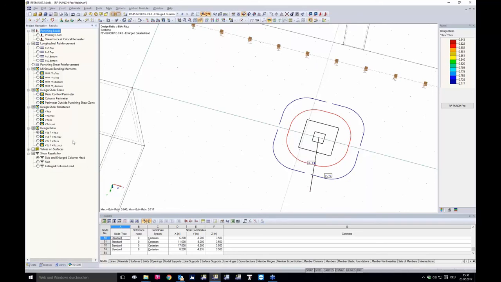Also, there's an extension of the result navigator now where I can show the results for both slab and enlarged column head combined, and each one for itself. So much for the new